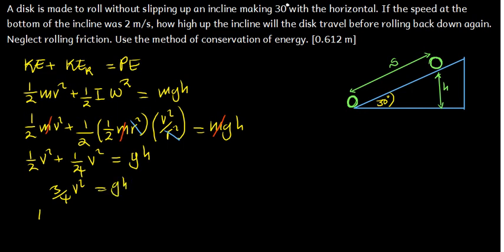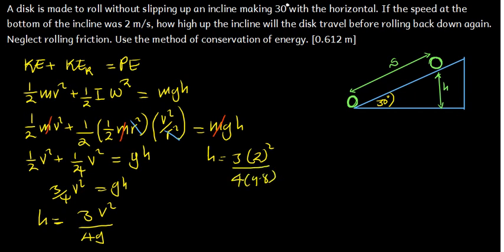And therefore, to remain with the height h, we are going to divide by g. That will be 3v squared over 4g. Therefore, h is equal to 3 times the velocity at the very bottom, that is 2 squared, divided by 4 times g, which is 9.8. Therefore, the height is going to be equal to 3 times 4, that is 12, divided by 4 multiplied by 9.8. That is going to give us 0.306122